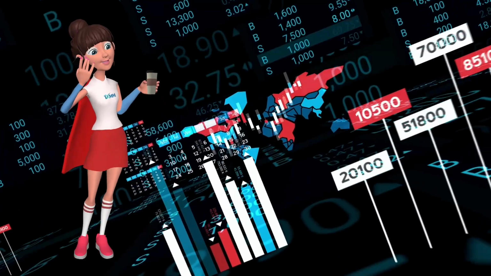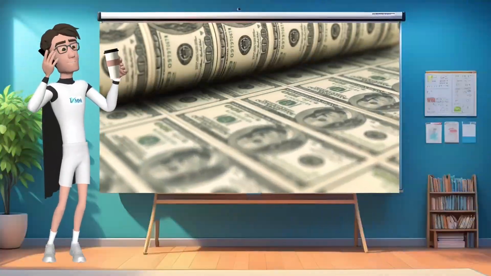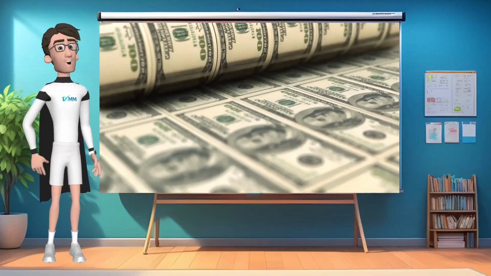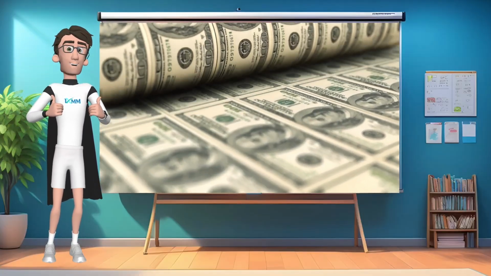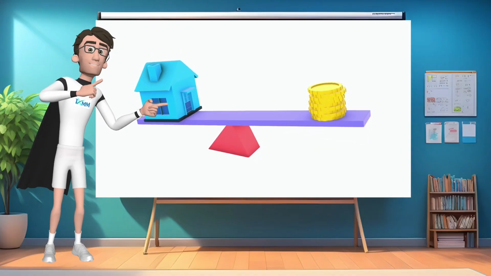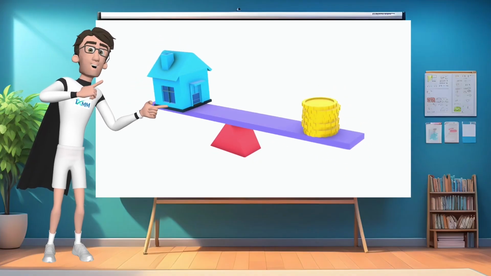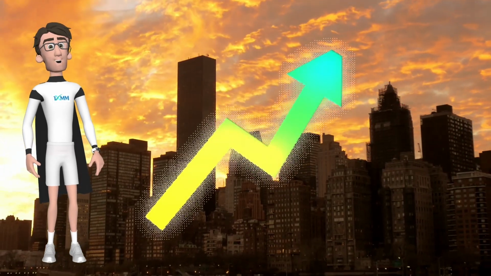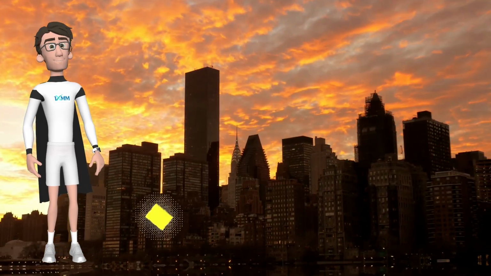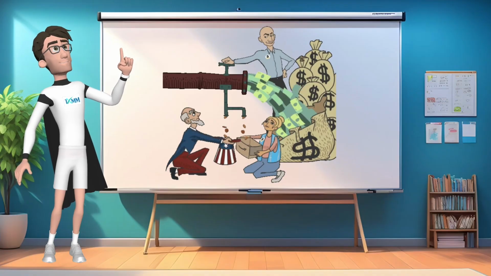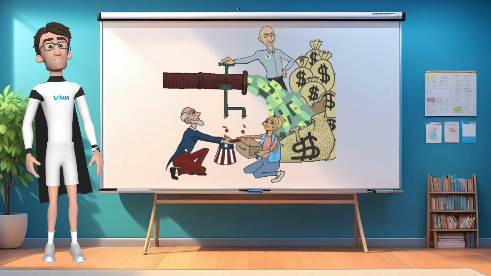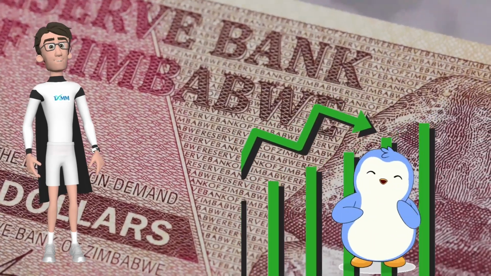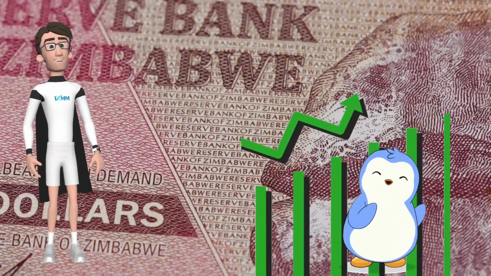Sure, Algo. But why can't we just print more money? What's the real problem with inflation? Great question, Pumpy. Printing money isn't inherently bad, but it needs to be done carefully. The key is balance. Interest rates help regulate money creation. Ideally, the amount of money in circulation should align with future economic development. But when a government prints too much, the real cost of cash, also known as the real risk-free rate, gets distorted. People expect stable value, but instead, prices rise faster than anticipated.